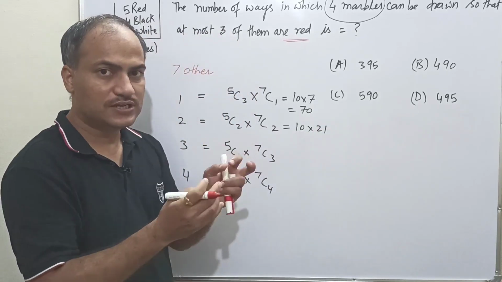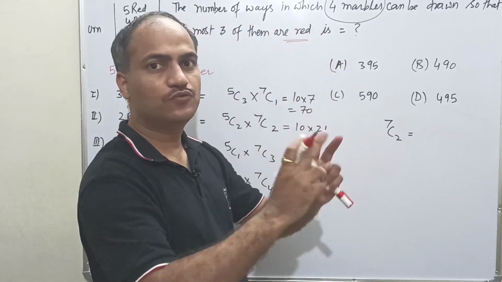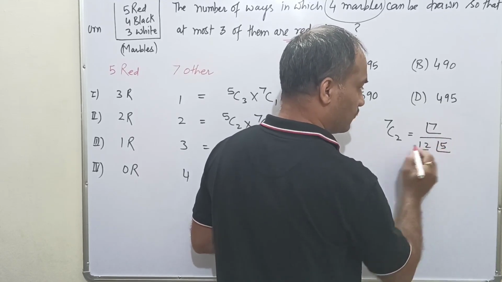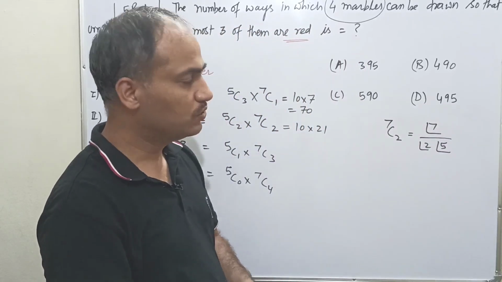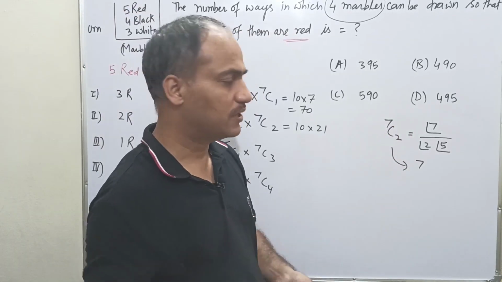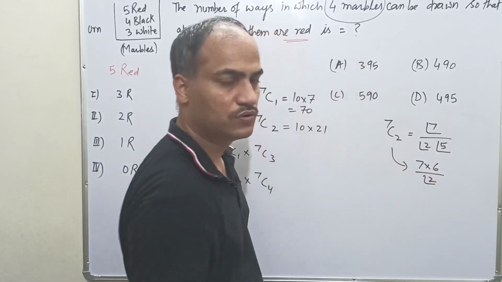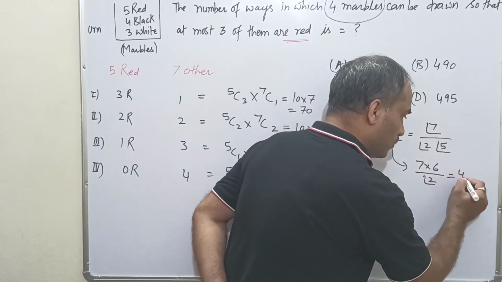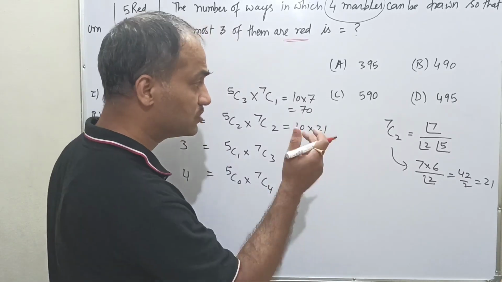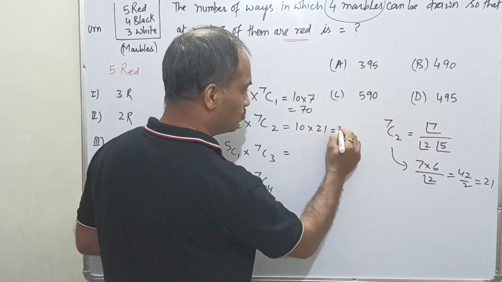Okay, so what is the trick? You want to know the trick which I am using? 7C2 we can find the value in 2 ways, either by factorial notation, 7 minus 2 is 5, simplifying we get the value, or there is a shortcut trick also. 7 we have to write in decreasing order 2 times. It means 7 into 6 and then factorial 2. So this will give 42 by 2, it means 21. So like this we can find it in a short way. So this is also a trick. So what is this now? 21 into 10 means 210.